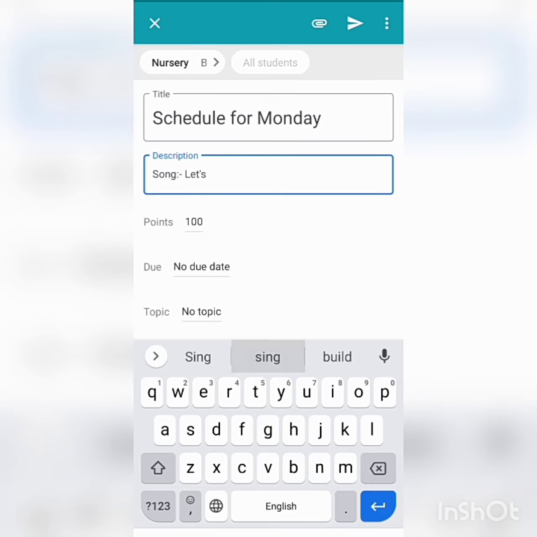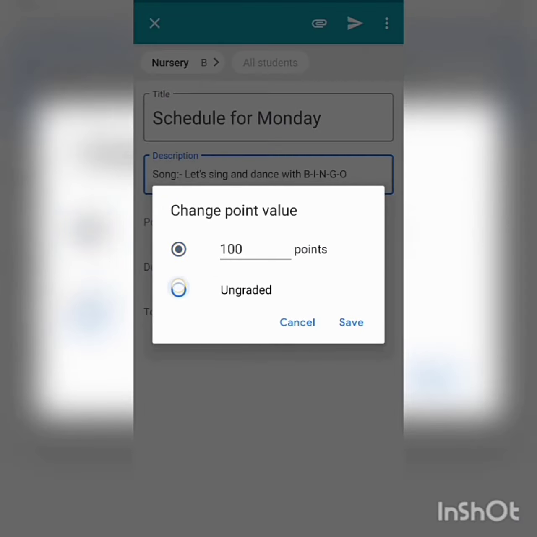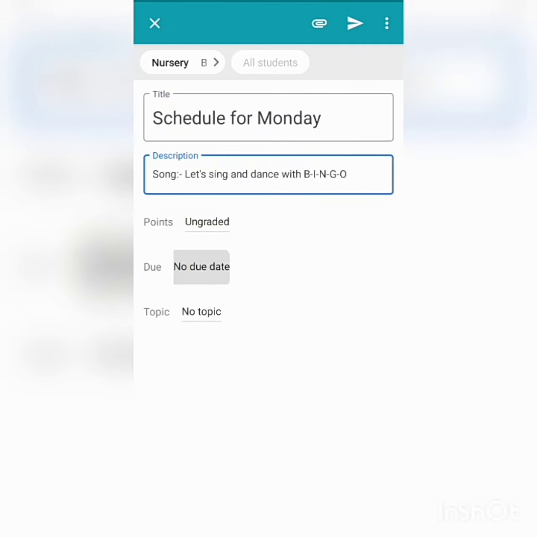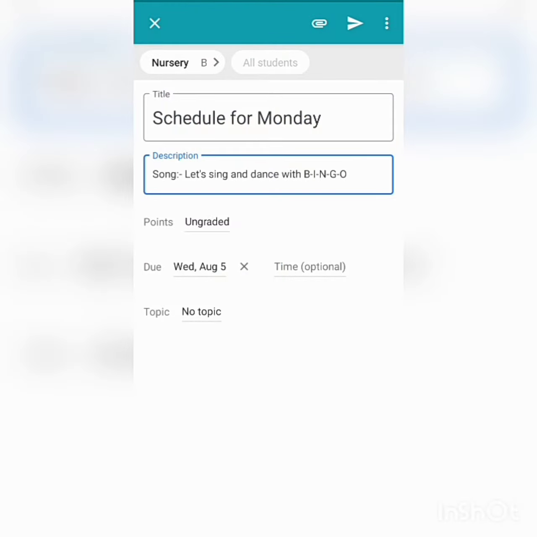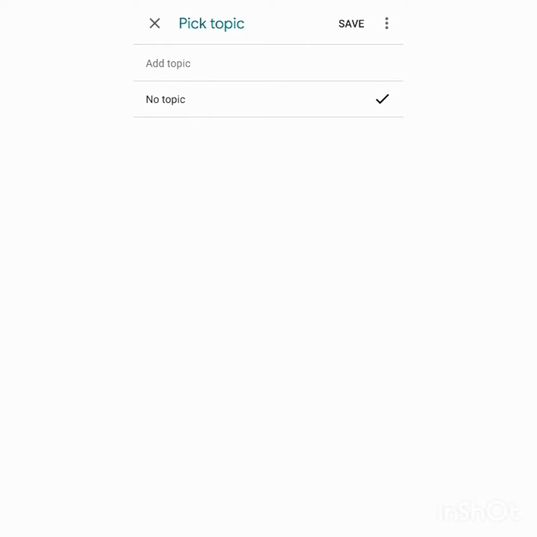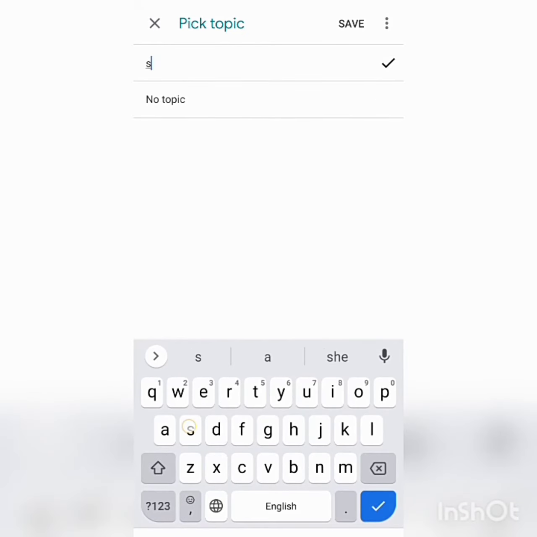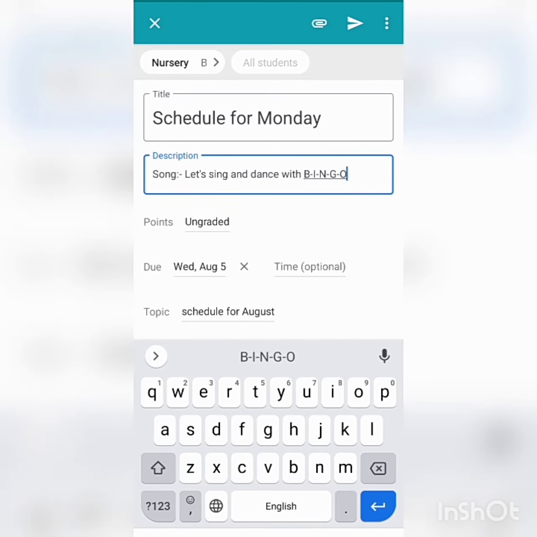Let's sing and dance with Bingo. For the points, I'm going to keep it as ungraded because they are too young. And for the due date, I'm going to give 5th August. And for topic, I'm going to write schedule for August. Then click on save.